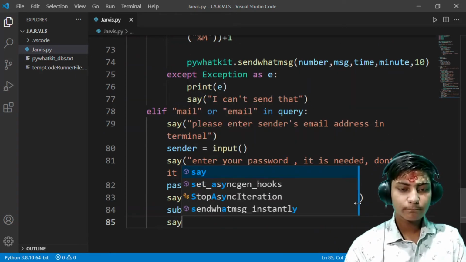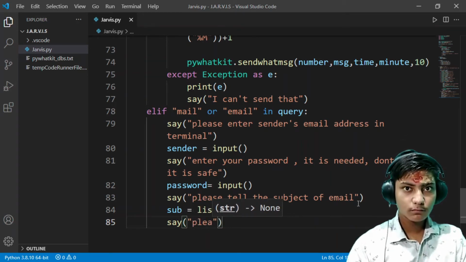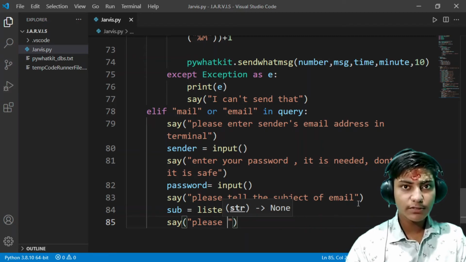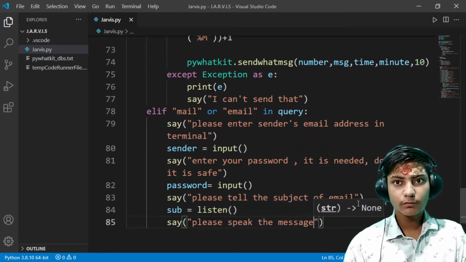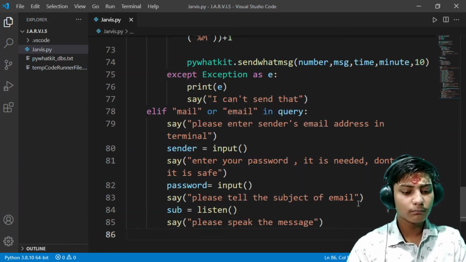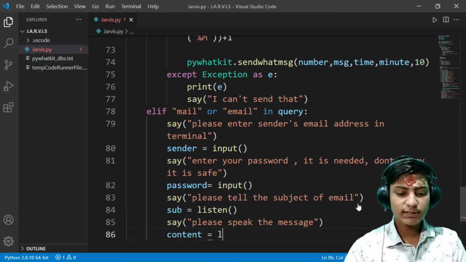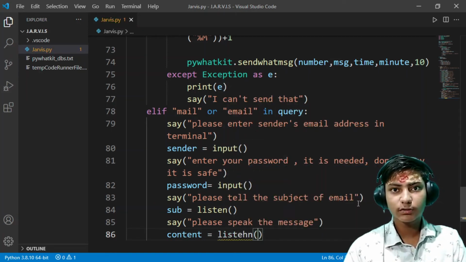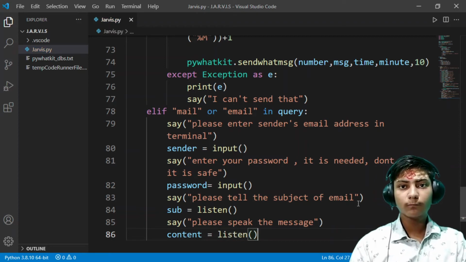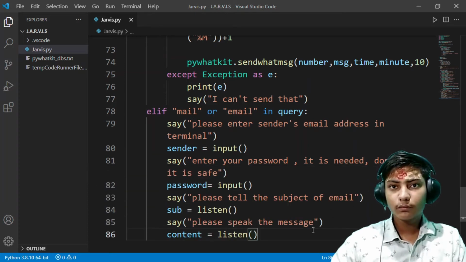say please enter the message or say the message or speak the message, and then msg or anything, content, yeah, content equals to listen, then parenthesis. Correct the spelling. Wait a second. Yeah, now